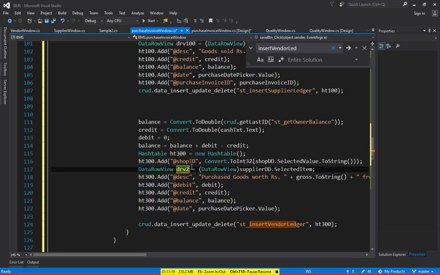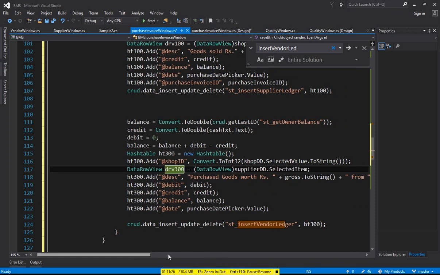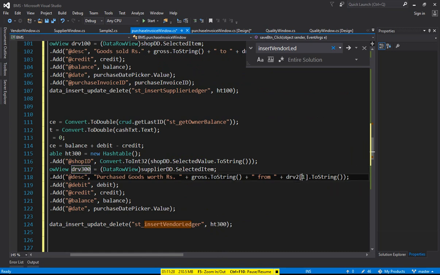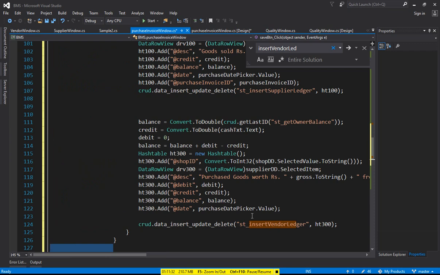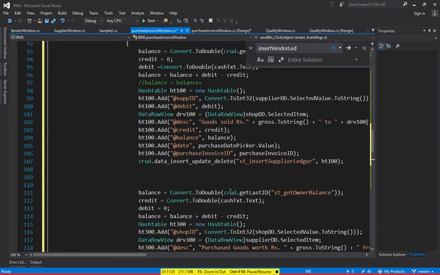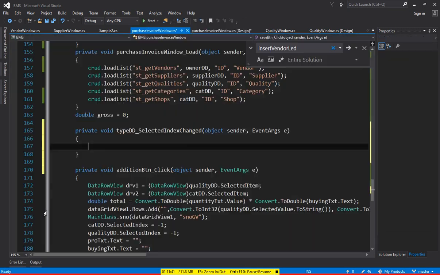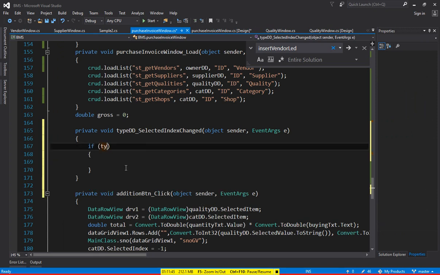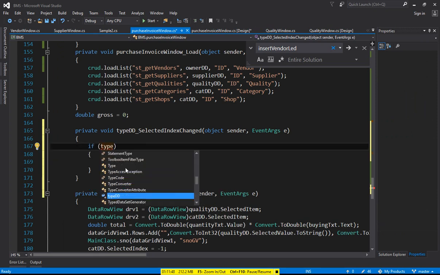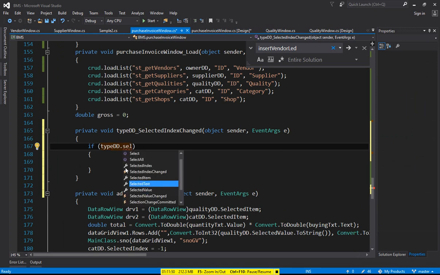It should be DRV 300, and here you can specify DRV 300. It should be DRV 300, let's say. This is the name, no problem about this. Now what's left? Let's say if somebody is selecting the amount as credit, so you can specify one thing here, that type drop down,